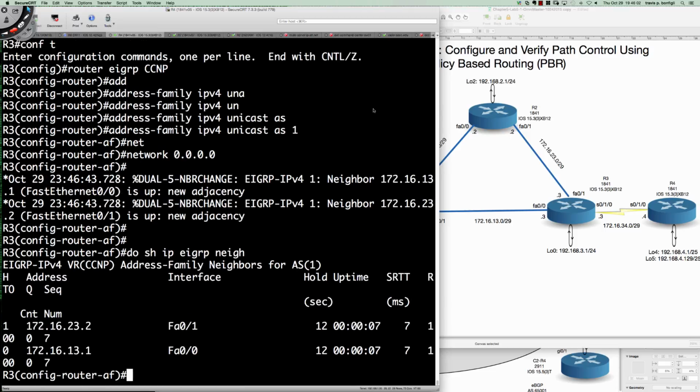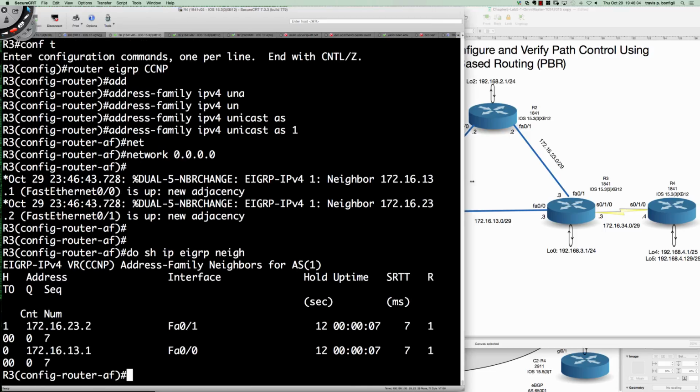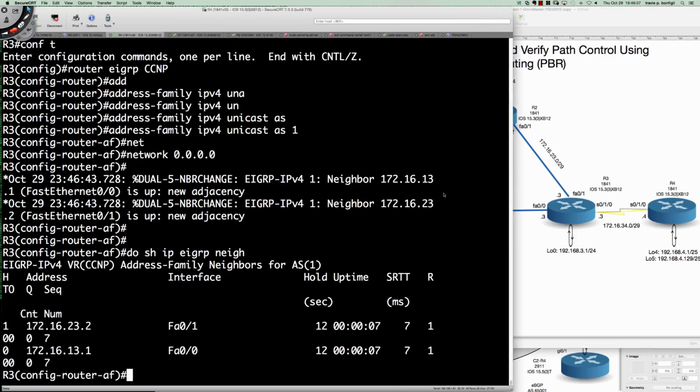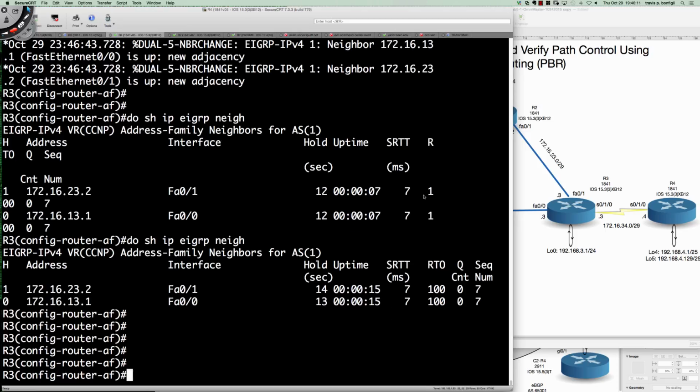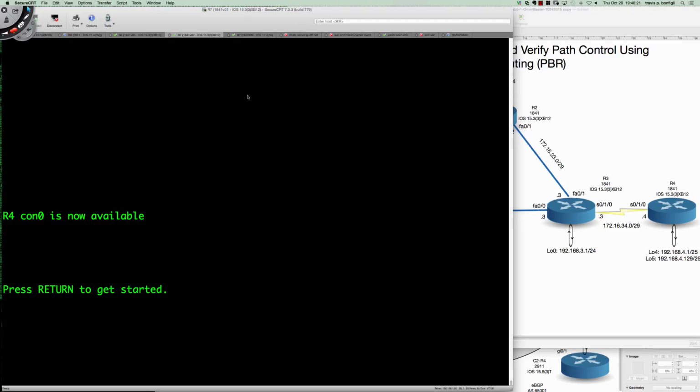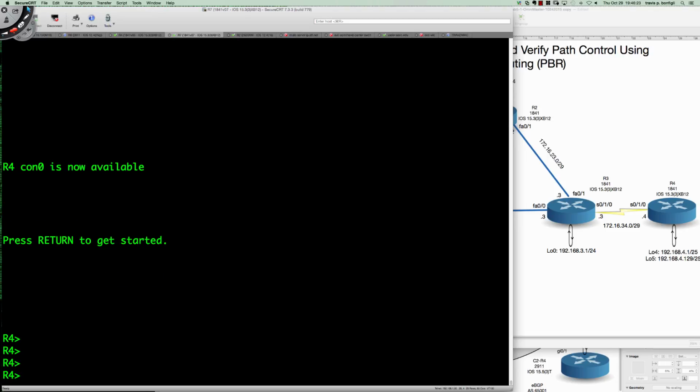So there are the two neighbors, and I'm going to actually stretch this out. We're going to lose a little bit in the diagram, but that's okay. We're going to gain quite a bit here in our output. There we go. Makes it a lot easier to look at the output when it's not wrapping on the screen. So the neighbor relationships are up, and then finally we've got router 4,